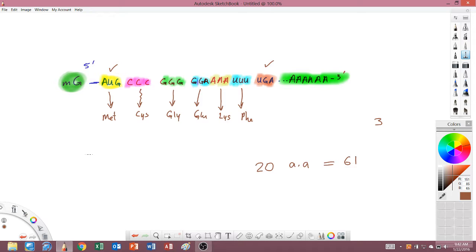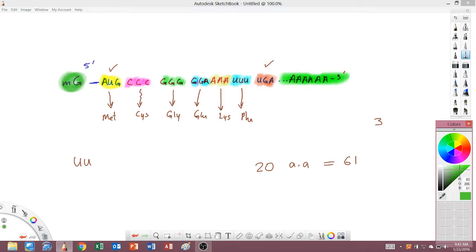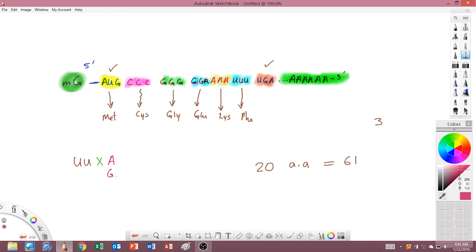Now, always the first 2 nucleotides of a codon will determine the amino acid. The first 2. It's the third one that's degenerate. I'll use X for that. The third one. For example, if UU stands for phenylalanine, then it doesn't matter if it's UUA, UUG, UUU, UUC. All 4 of them will code for what? Phenylalanine.